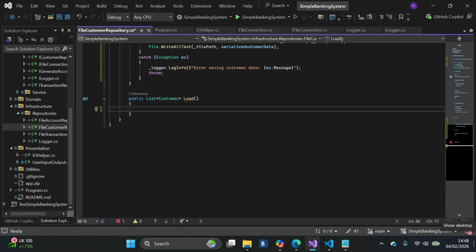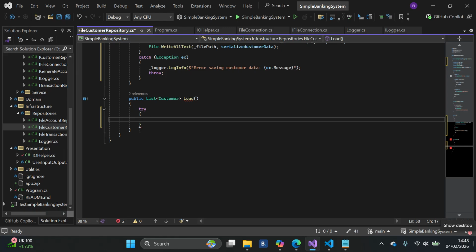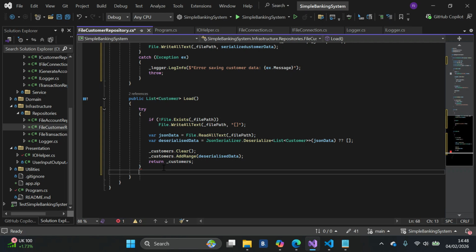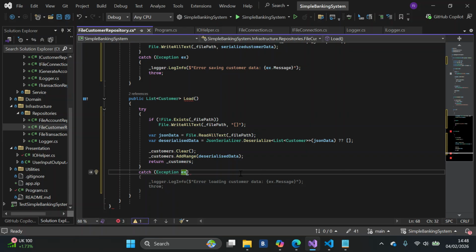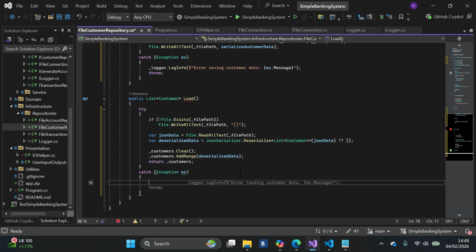try this, then catch exception. Or if you like, we can put file catch exception. Okay, what's the name of that exception? File not found exception. We can use the same exception. As you can see, there are different exceptions to use, but let's just say file exception. We are still practicing, so I don't want us to do too much. So that's logging for